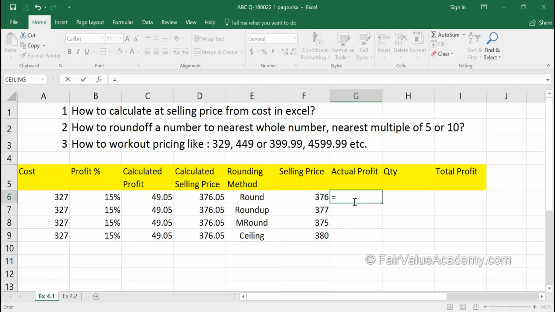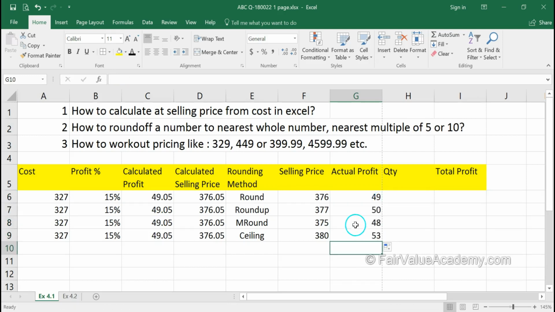When you select any one of these prices, what is going to be your actual profit? So let's calculate that. So our selling price minus the cost. This is going to be our profit. I'm going to drag this cell down using the bottom right corner to copy the formula, and here you go. So the ceiling method gives you the maximum profit